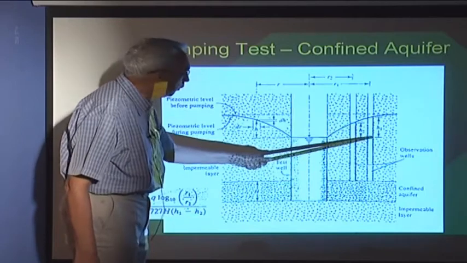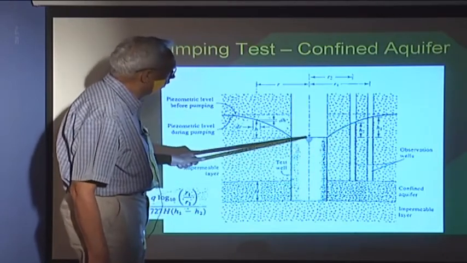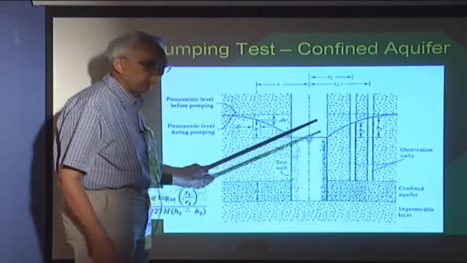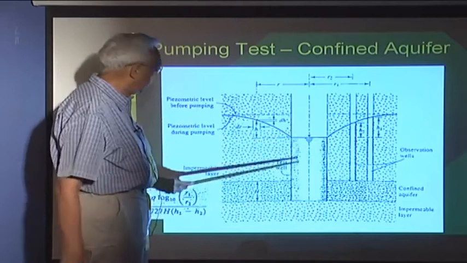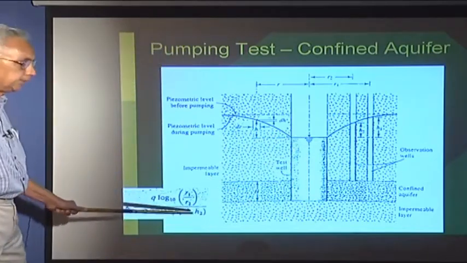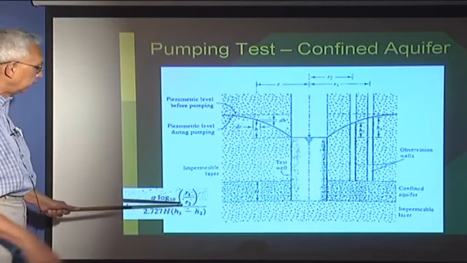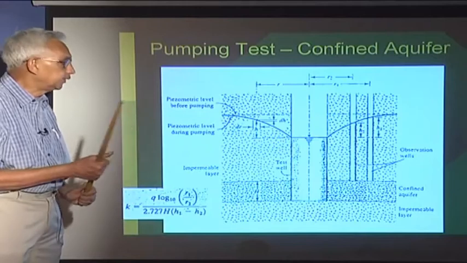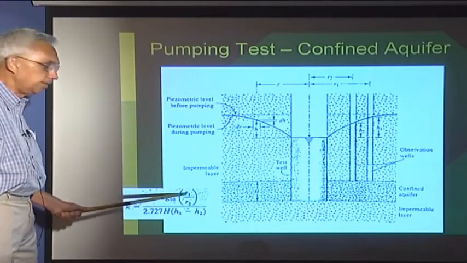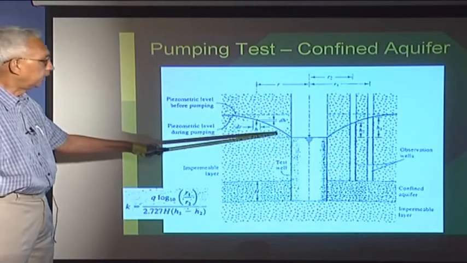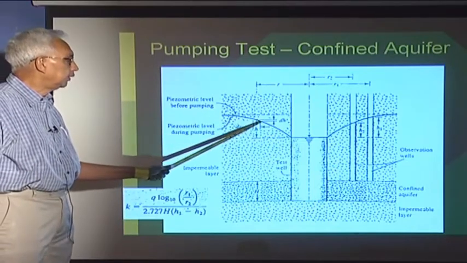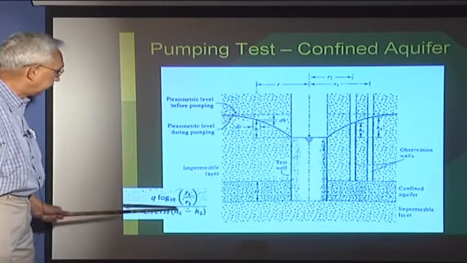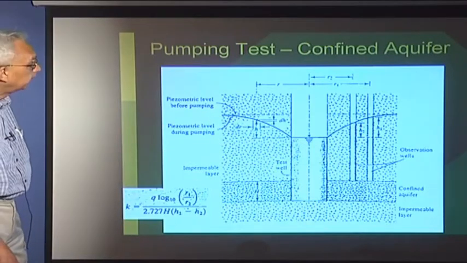Instead of putting two pipes, we can go and measure the water level here, which means at a distance rw, this is 0. I measure the water level within the well, and I can use this so that this ratio can be easily found out. r2 can be the radius of the well, h2 will be 0. So any two measures you need in terms of distance and the height of water. And again, we are using the simple continuity equation. What is the gradient at any point, and then integrate, so you get the coefficient of permeability from the confined